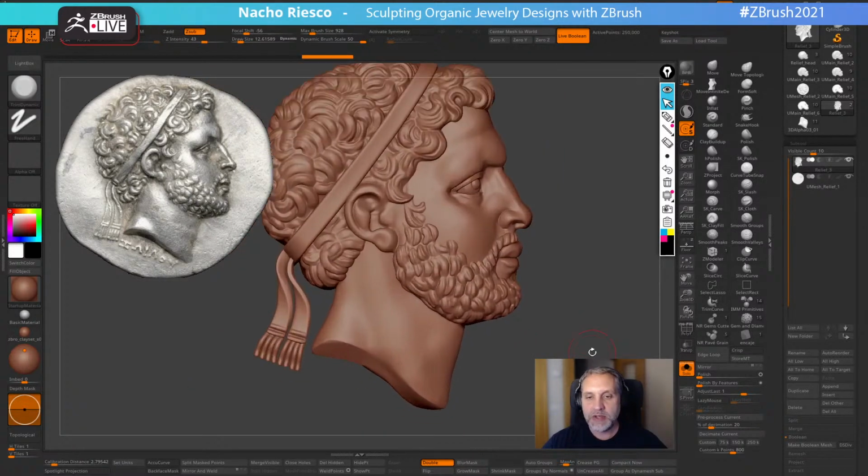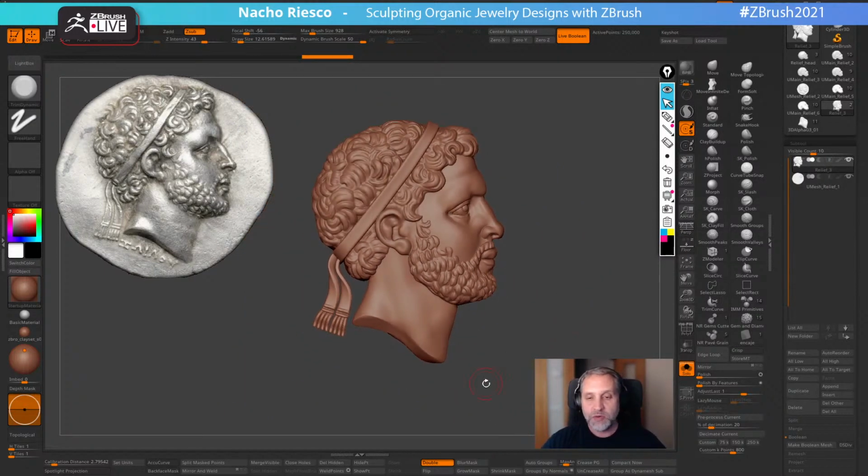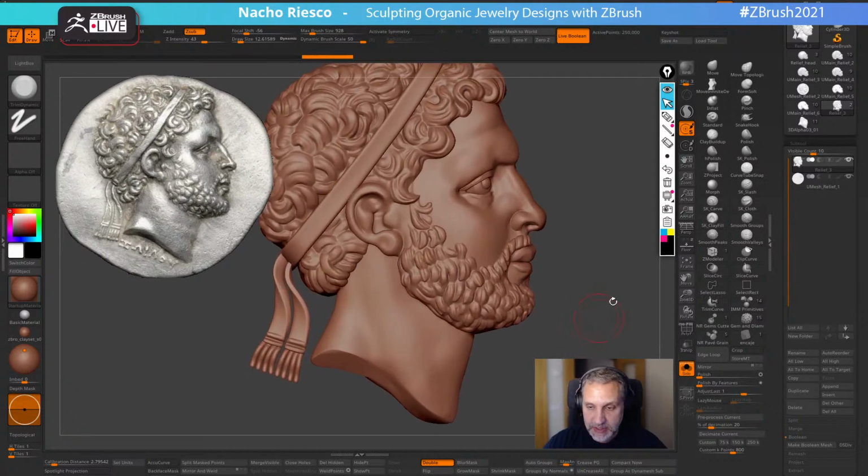So what I'm going to do now is start blending the different subtools between each other. Of course, for printing purposes, this step maybe is not going to be necessary, because on the final piece, on the casted piece, you are not going to be able to see the imperfection or, in this case, the perfection of the 3D object. But what I normally do, for example, I'm gonna